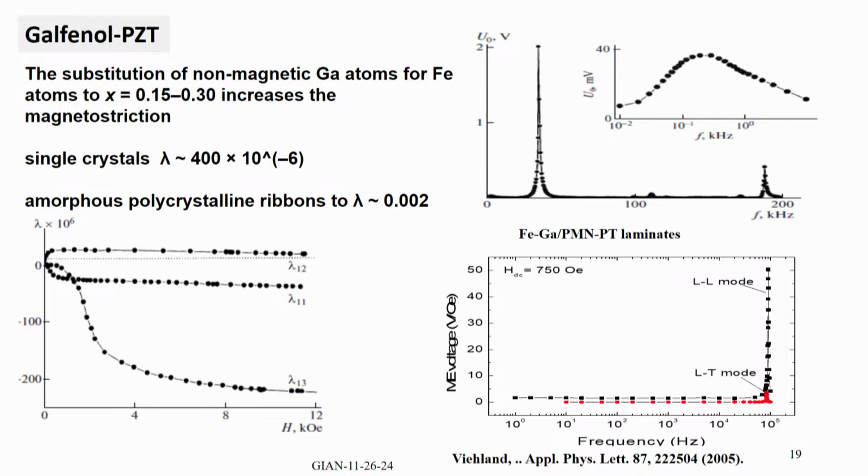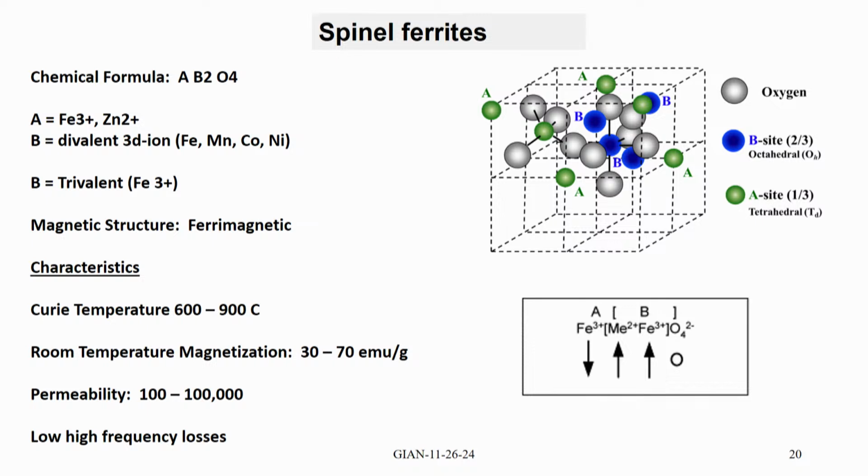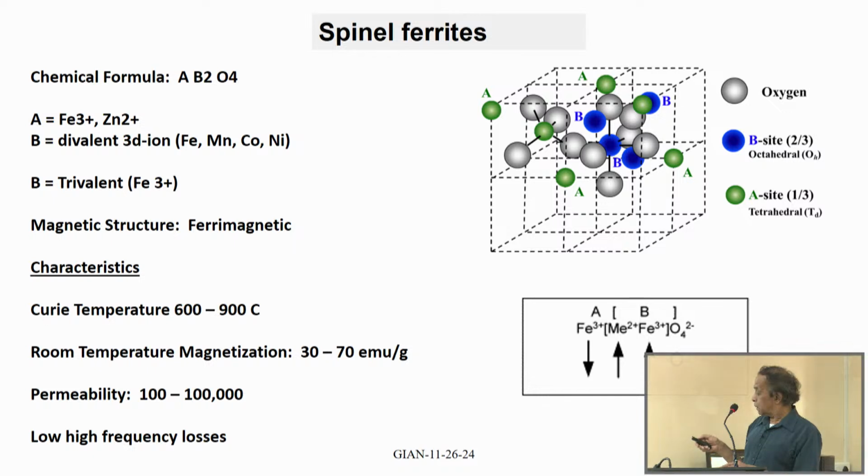And right, I showed you this slide yesterday. It's the structure of spinel ferrites with two different crystallographic sites. The formula is MFe2O4. The M is the divalent 3d ion or anything that you substitute, such as zinc, and the trivalent ions occupy both the octahedral and the tetrahedral sites, whereas the divalent ions could go to either the octahedral or the tetrahedral site. The magnetic structure is